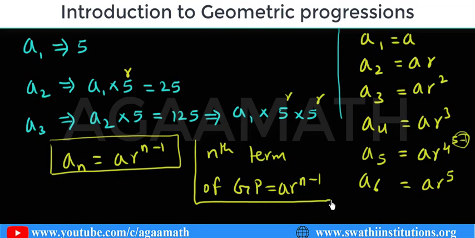So this is to be understood. In this video we just observed how the nth term is formed, and in the coming videos we will see how to find any term of a GP. To find any term of a GP, we have to know two things: one is the first term, and another is the ratio. If you know these two things, we can find any term of a GP. In the next video, we would like to